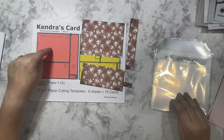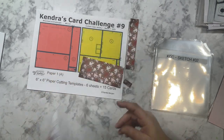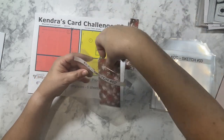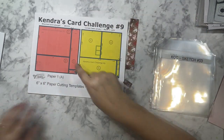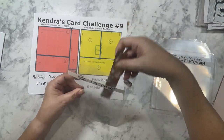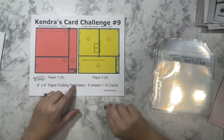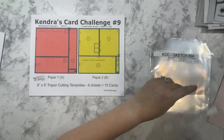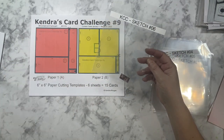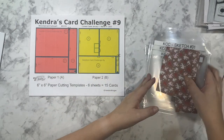So then I grab this paper, put it in my sleeve 1. This is for card sketch 2. This is for card sketch 3. This little flag is for card sketch 6. And so there, now I have my first piece of pattern paper cut and sorted, and I can move on